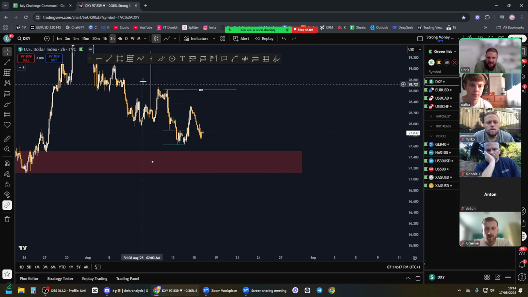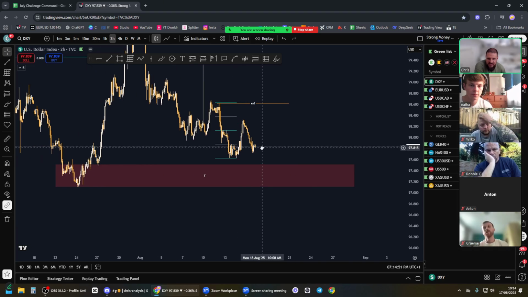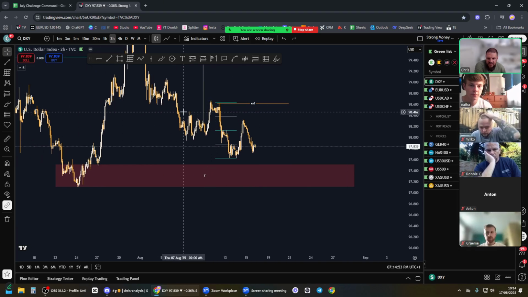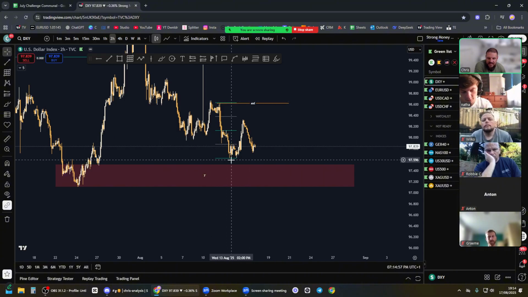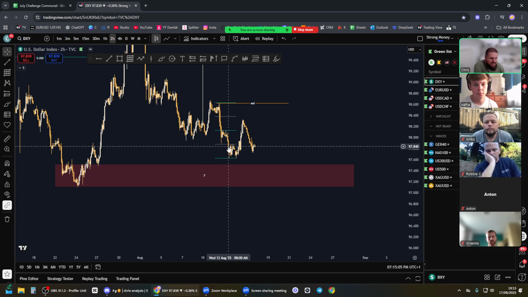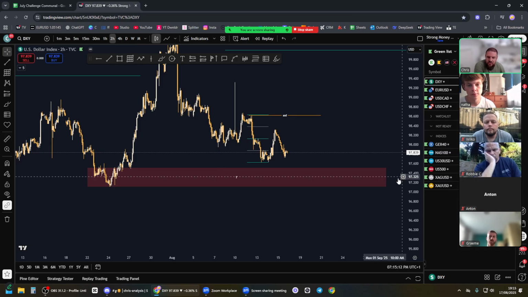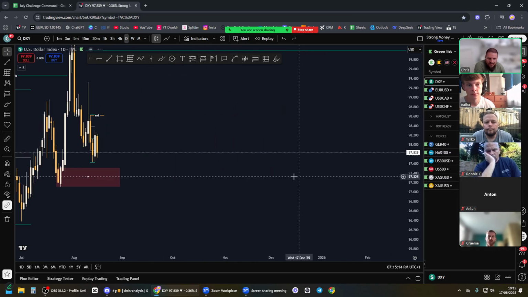Selling from here I think is a bit dumb at the moment. I don't think there's any reason to sell from here. We've taken buy side liquidity here. We've sold off. We've taken sell side liquidity. We've had a pullback and then a sell off. No liquidity's been taken since the 13th of August now, so we need to see some form of, personally what I'd like to see is at the start of the week is a key external liquidity point to be taken,